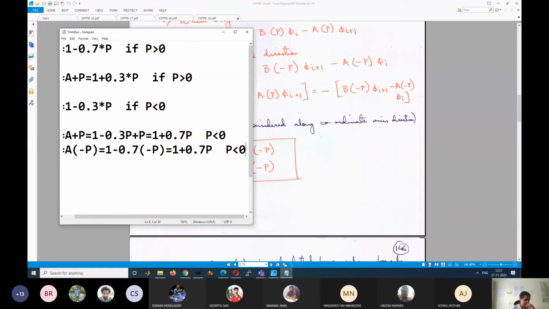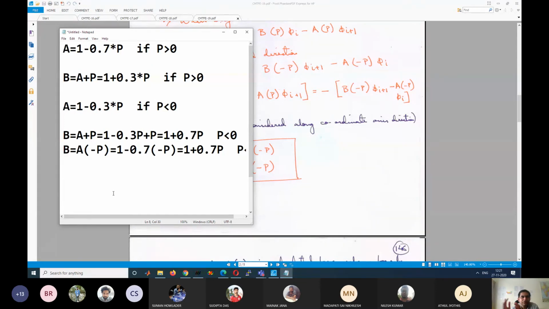Which expression we will use depends on whether p is positive or negative after putting the minus. Correct, because for the flow, it depends on what the actual Peclet number is. So if p is negative, minus p will be positive, so you have to use the positive values of the expression, because this is valid for positive Peclet number. If you are confused, try taking different variables like x for the positive side and y for the negative side. Then you will understand this. But this is the relation.